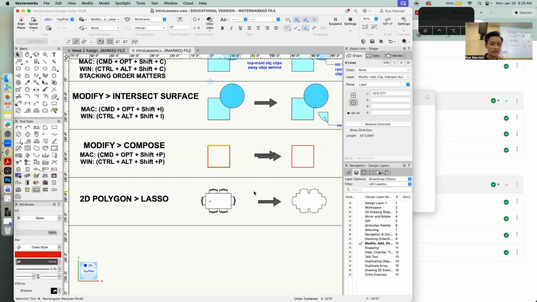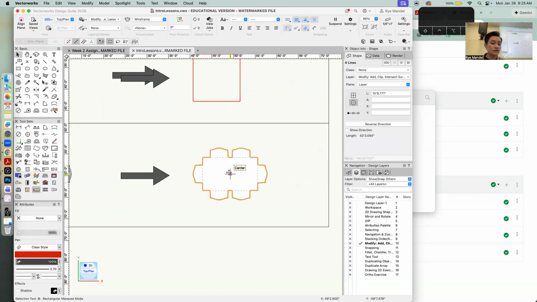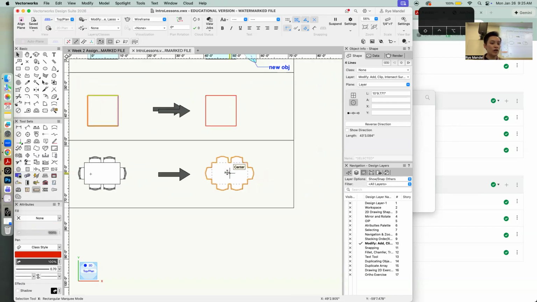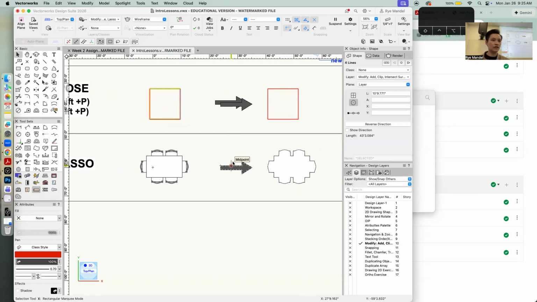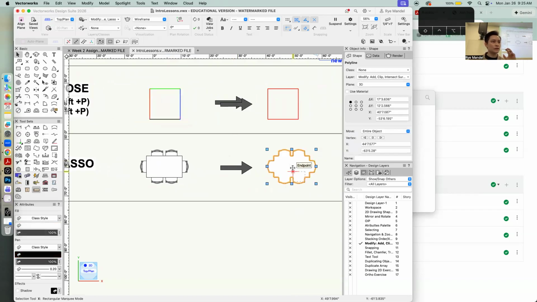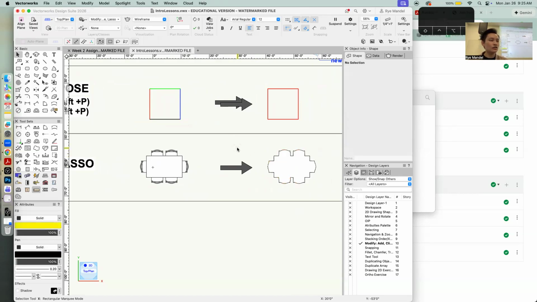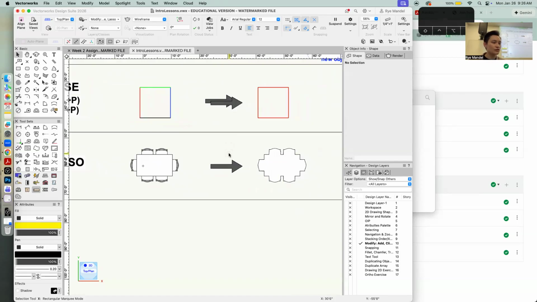So the next thing that I have is Polygon Lasso. This one is super great if you have a bunch of furniture pieces that you want to look like one singular piece. And this one's really helpful if you have something that is also a bunch of lines. This can also work too. Or if you have a piece of furniture that you don't necessarily want all of the lines in, or let's say you have a piece of furniture and there's no backing to it, there's no fill into it, so you can go over to